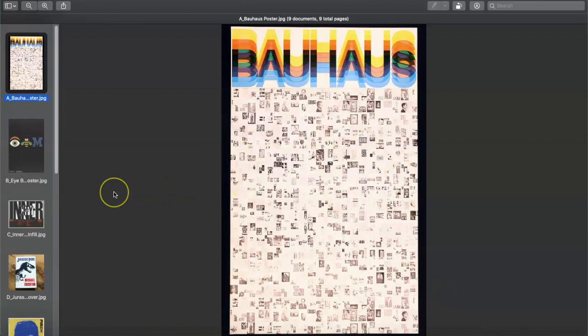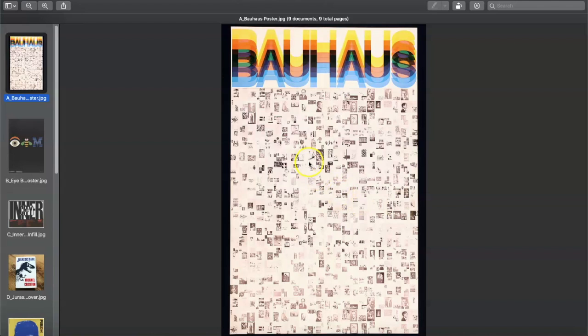Now, the Bauhaus was a German art and design school that existed from the late 1800s into the early 1900s through the beginning of the war, and was actually shut down by the Nazis because they did not like the sort of free thinking that was going on in the Bauhaus. But lots of things are referred to with regard to the Bauhaus. There's a Bauhaus style of design, there is Bauhaus typography, and of course the art school itself is known as the Bauhaus.